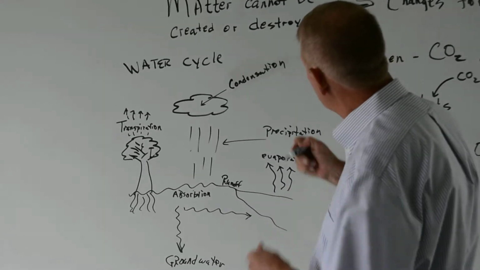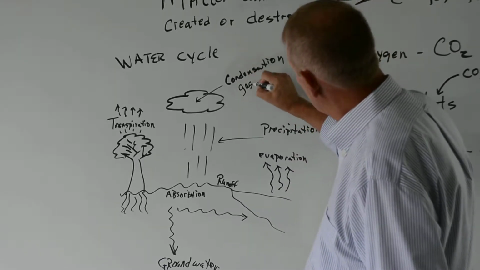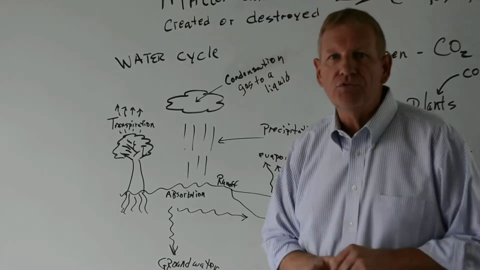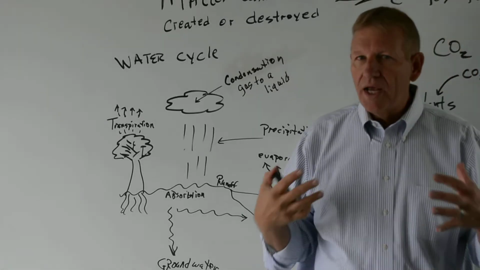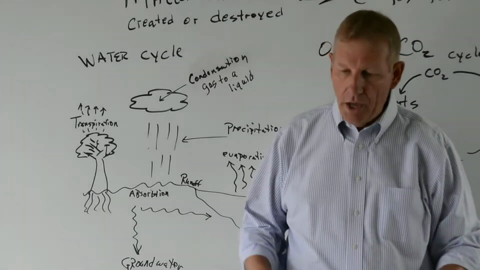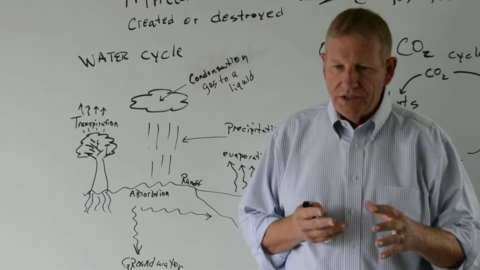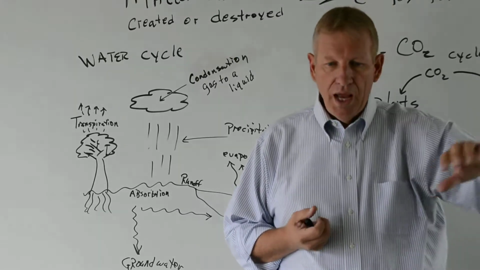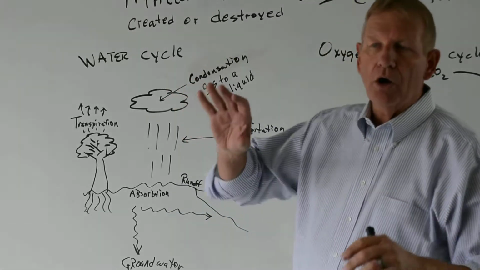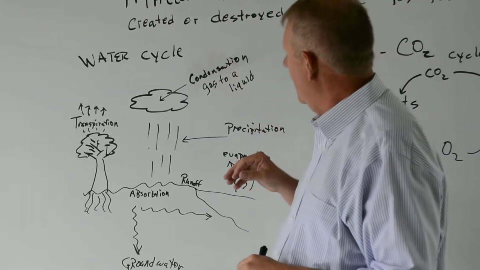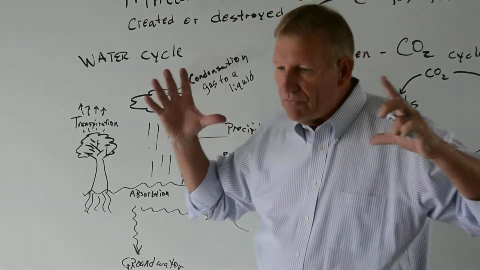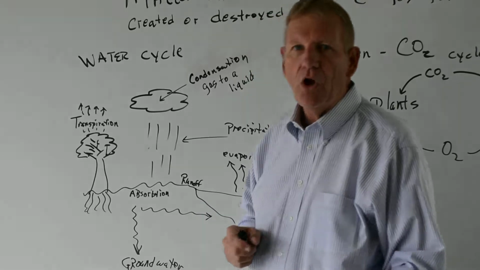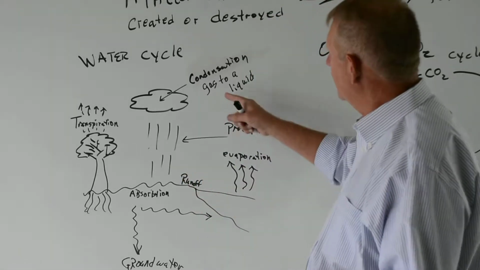Condensation is gas to a liquid. That's what happens if you're in the bathroom taking a really hot shower and all that steam is coming out. What's happening? The steam is a gas, it's actually water vapor. That water vapor may form on your mirror, and eventually we get enough of this gas that begins to turn to a liquid. We start seeing the drops come down. We call that condensation, when it goes from a gas to a liquid.